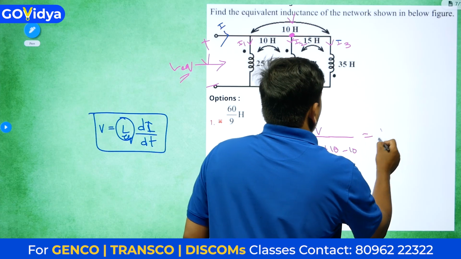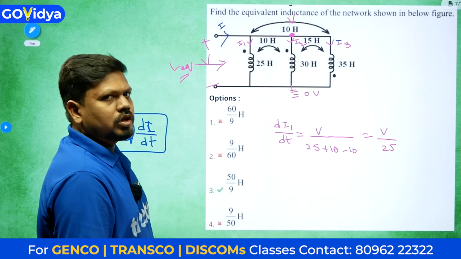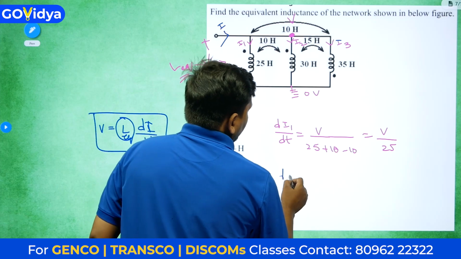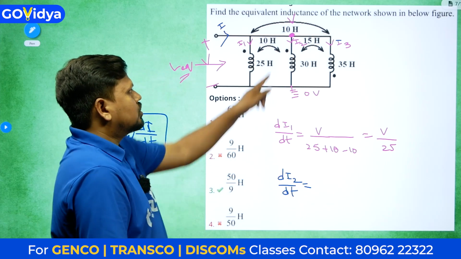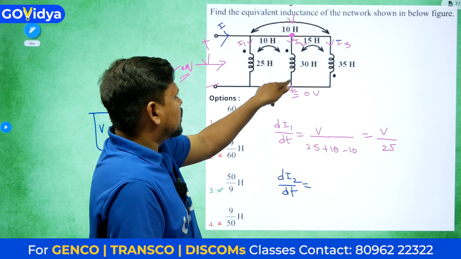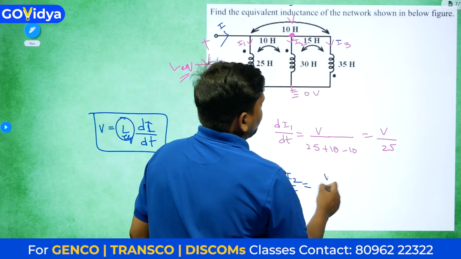So that means V by 25. This is the first one. Similarly, we can write down di2 by dt. This current we need to write down in this branch. The voltage is the same, so V divided by